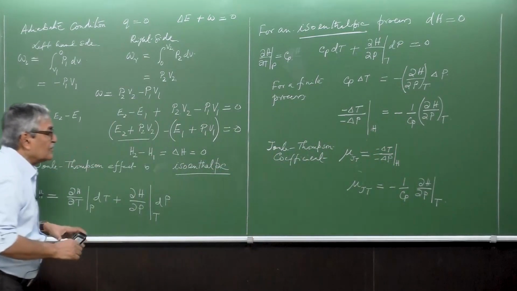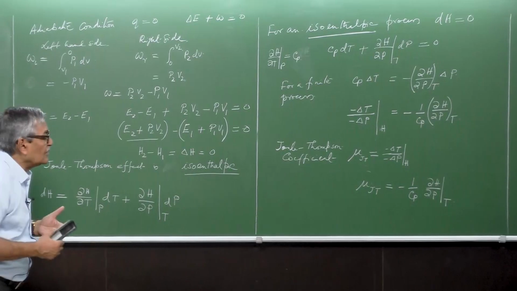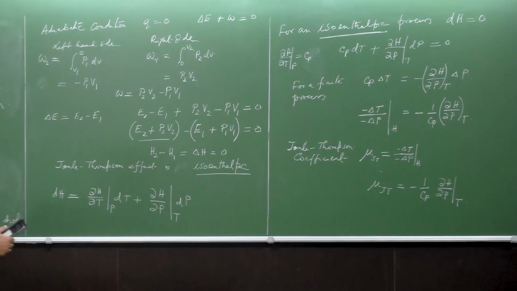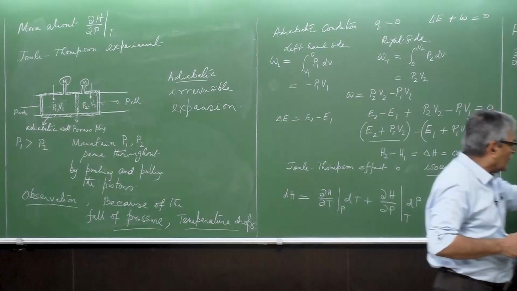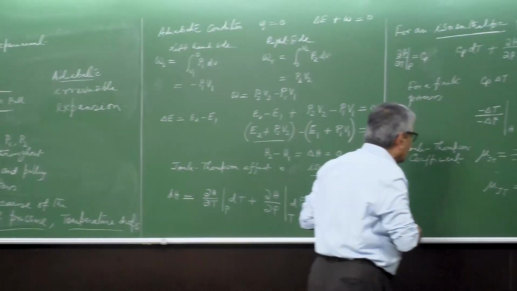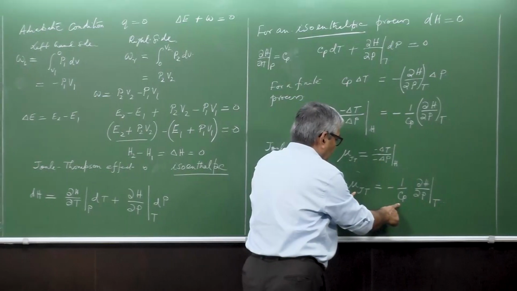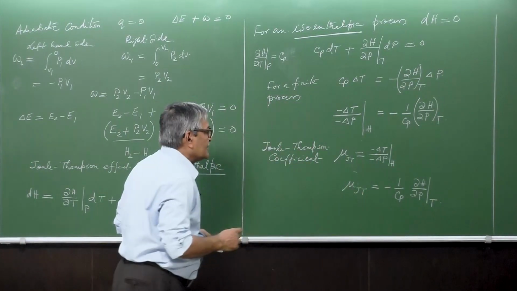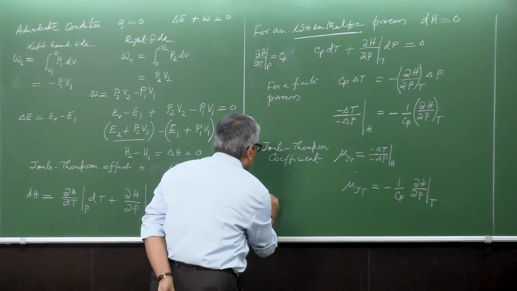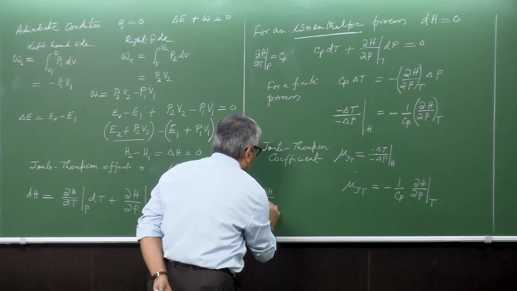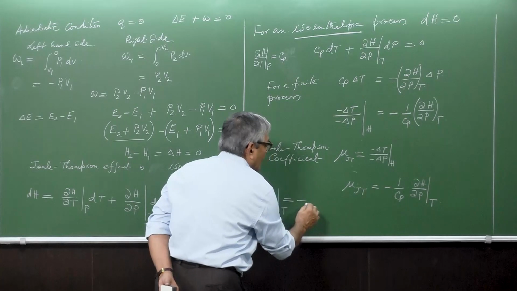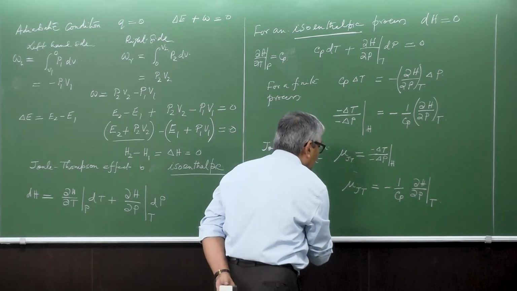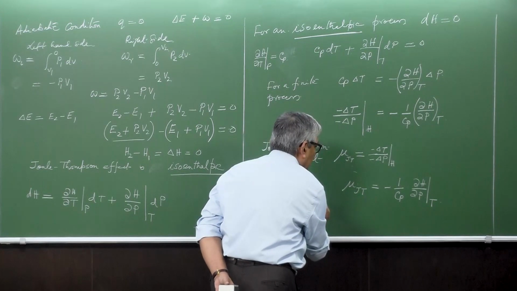Or we wanted to learn more about this del H del P. More about del H del P means that this is a quantity which is related to two important properties, one is the Cp. So that gives me that del H del P at constant temperature is equal to minus Cp